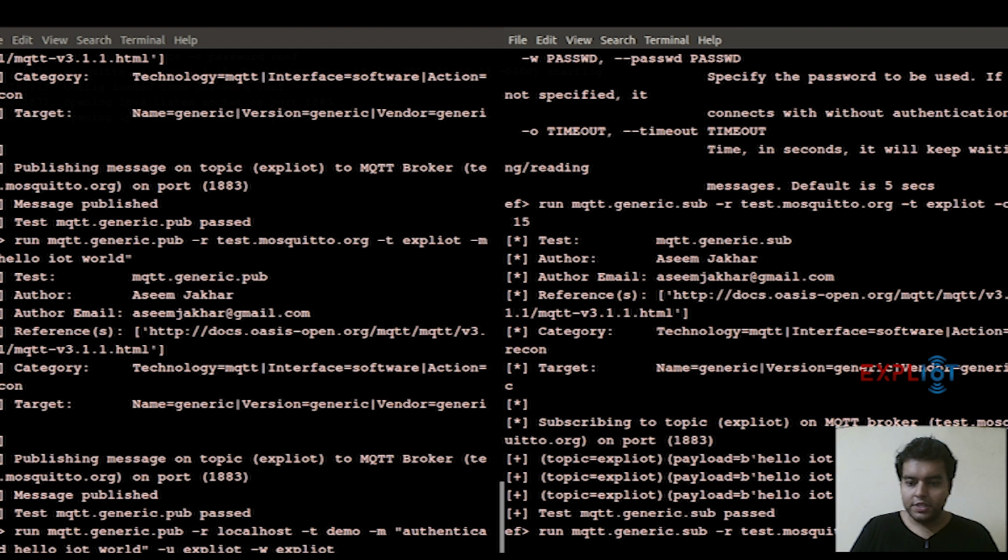I'll quickly change our host name, which is now localhost. The topic is changed, which is demo. Our username, which is exploitee. Our password, which is again exploitee.